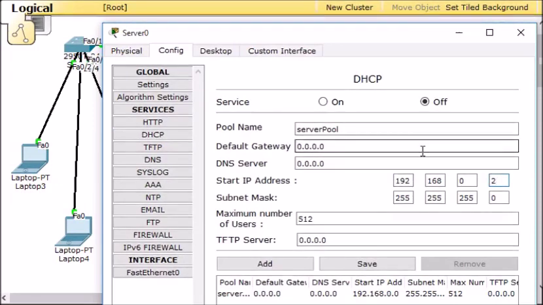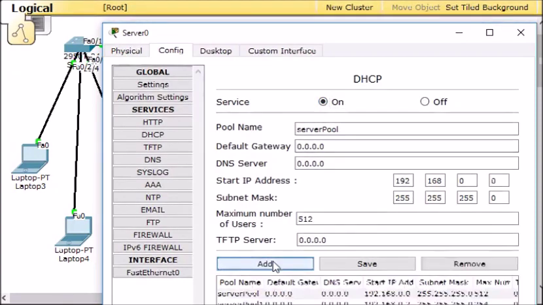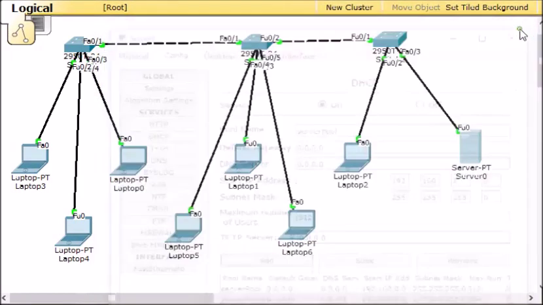We only have to give the starting address, so I am going to give the starting address for devices as 192.168.0.2, from where the IP addresses will start, and I will set the service on and click on the add button. So we are done with the DHCP configuration.